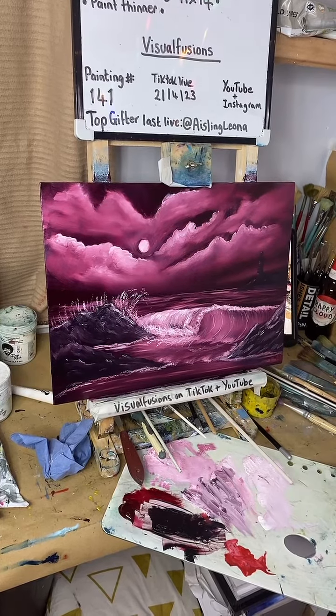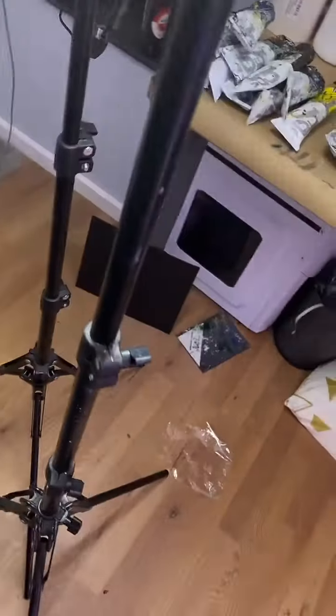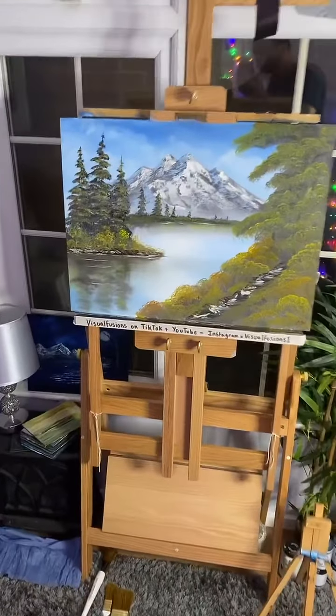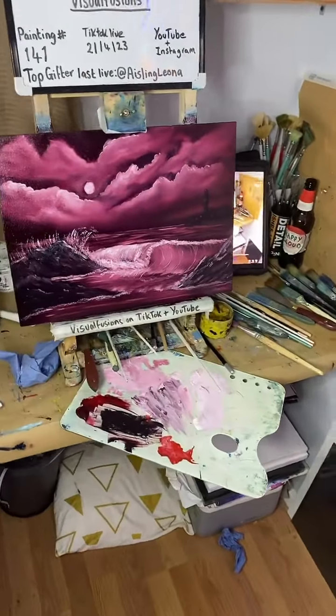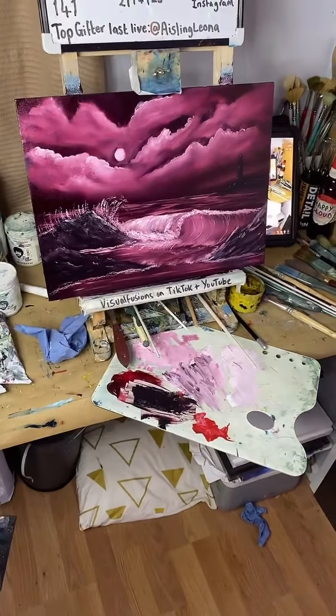That was the big one the other night on the face reveal. There you go. That's for you, Katie. Love is different to Northern Lights. Same idea, but the water is so stunning in this. Thank you, Ashley. Much appreciated. Yeah, it's nice, isn't it? Basically 2 colours. Well, 3 colours, including the black. So yeah, crimson. And then the...